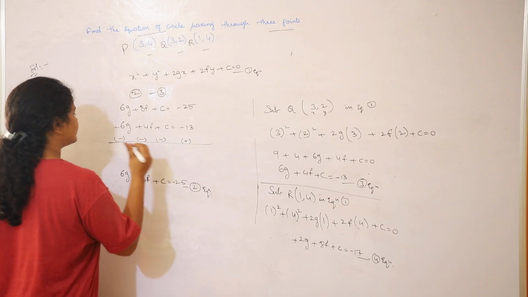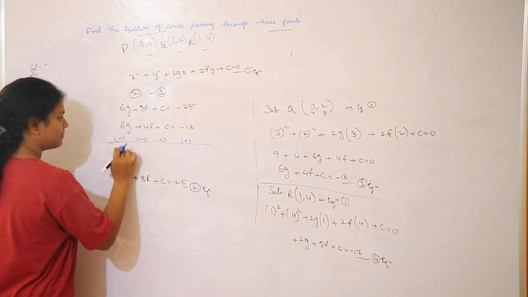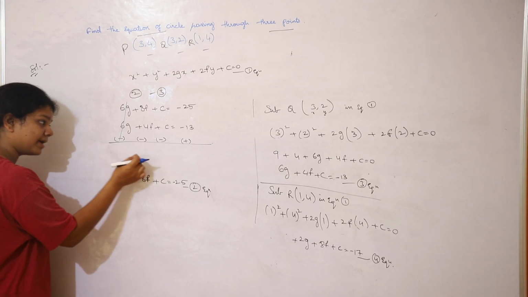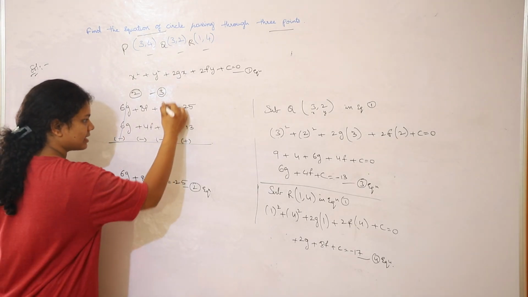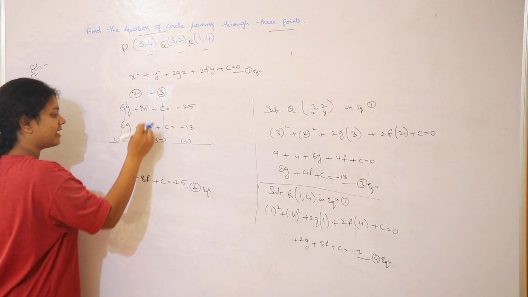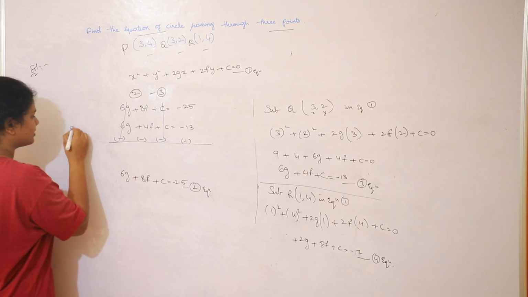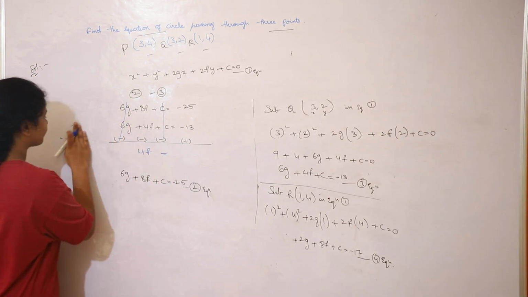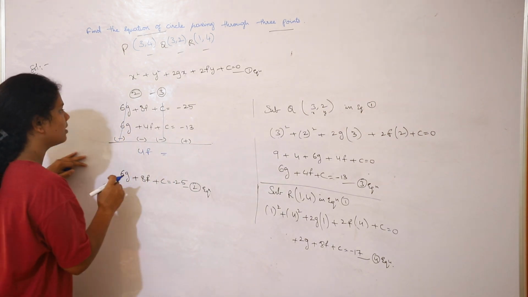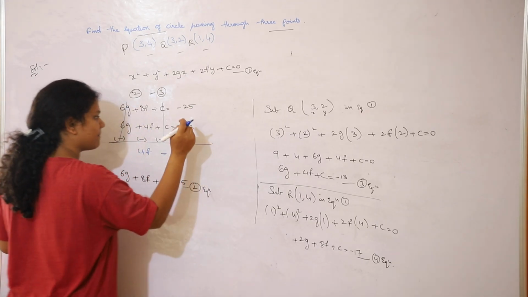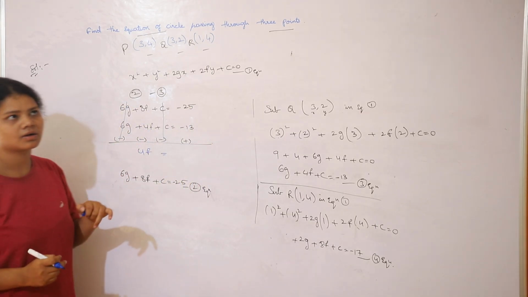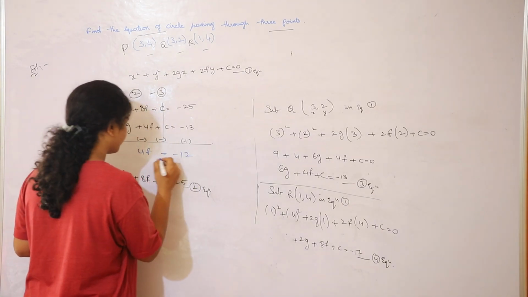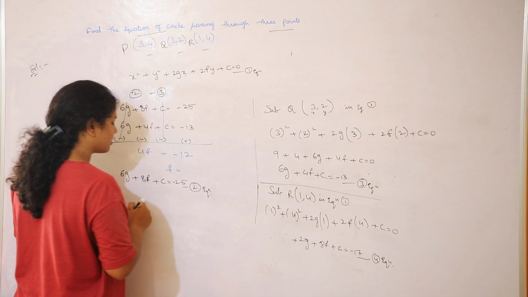So now here let's say you have plus 6g and minus 6g, so they cancel. Because consider minus, guys, consider minus. Here you have plus c minus c, cancel. Now what else? 8f minus 8, minus 4f, 8 minus 4. Are you getting it? So this becomes 4f. And now just make sure here it's minus 25 plus 13, it's 12 minus 12.